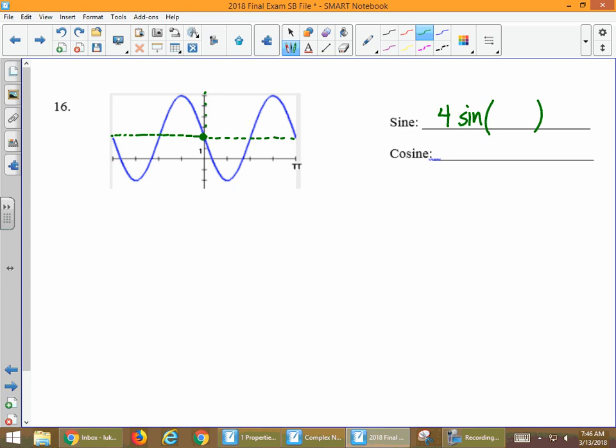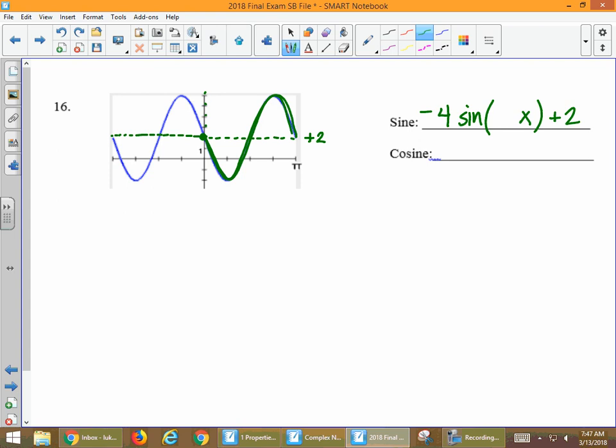We do have this vertical shift. We moved our whole graph, our midline and all, up 2 units. So that's going to go +2 on the outside. And the last thing to deal with is the period of the function. One cycle of our function here goes down and then above. First of all, my sine is flipped. You can write that as an x-axis or a y-axis reflection. I like to do x-axis, then I don't have to worry about where I can just stick that negative in front. And the period of my function here is